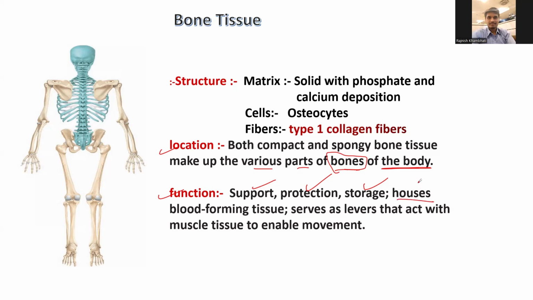Houses means they keep, they have bone marrow. We are talking about bone marrow. The bone marrow is a tissue which will be making the blood. The bone marrow will make the blood in our body. So it is the house for blood-forming tissue, bone marrow, and serves as